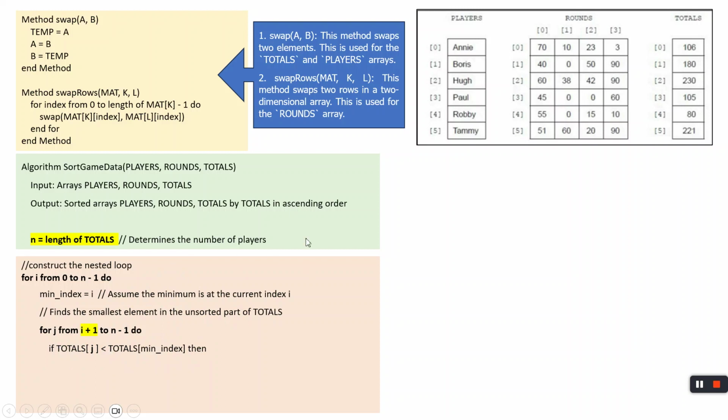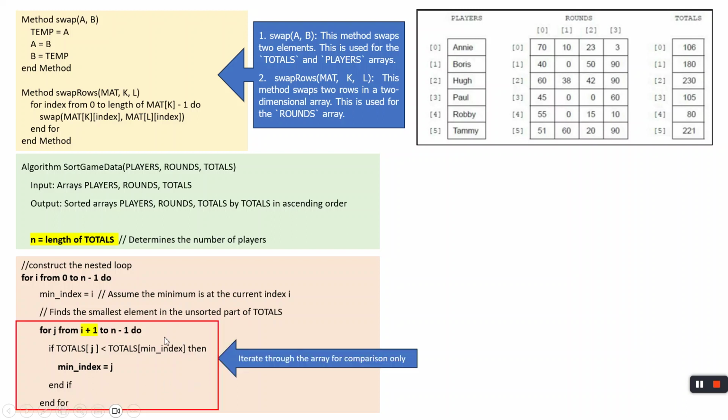We are still talking in the totals because that's what we are trying to sort. So if total of j is less than the total of minimum index, which is actually i at the moment here, what do we want to do? If it's less than, then we want to take the value of j and place it in the minimum index. So the new value of the minimum index is j if j has the value less than i. And end of the statement. So that will be your correct condition, and this iterates through the array for the comparison only,